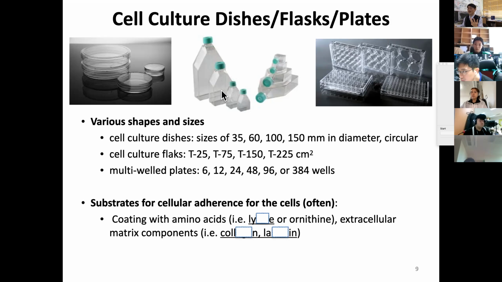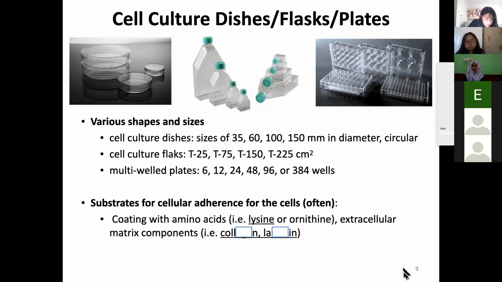So we sometimes have to coat the surface so that the cells can attach and grow well. We coat with some type of amino acids, for example lysine or ornithine. Or like inside our body, we sometimes try to coat with extracellular matrix components, such as,